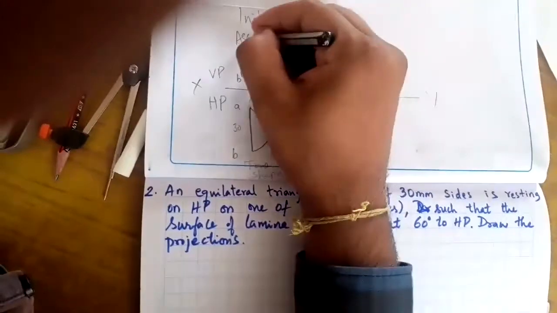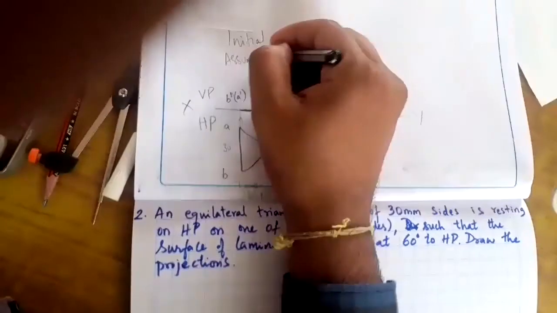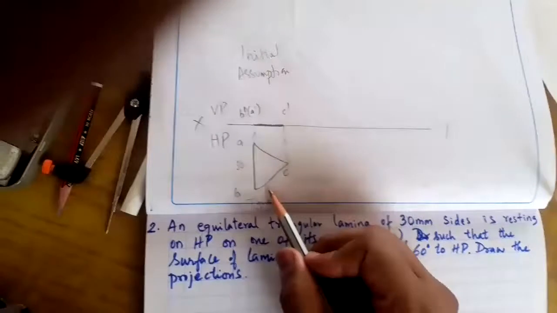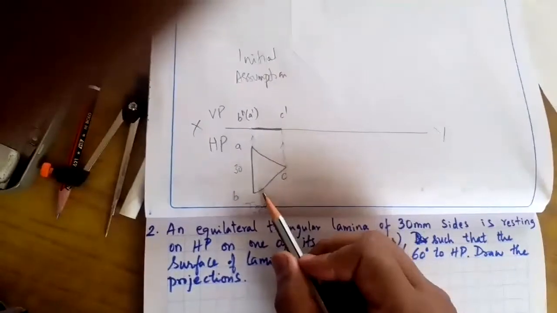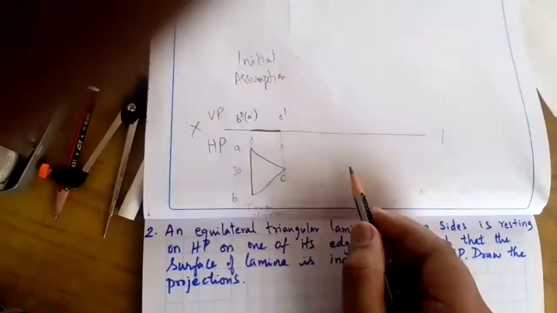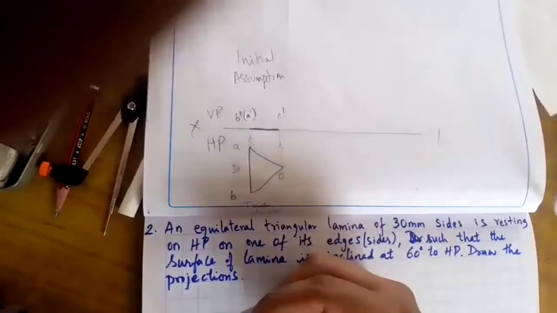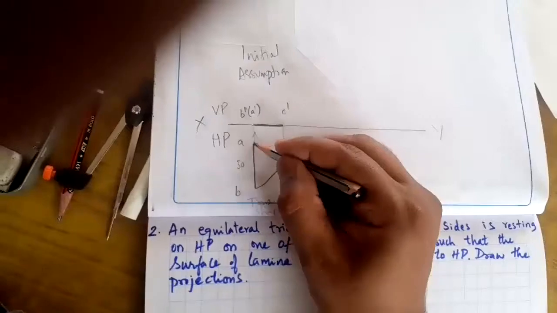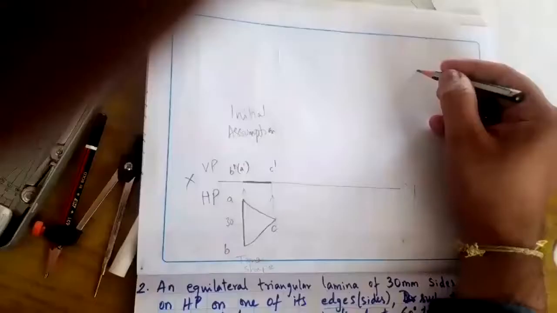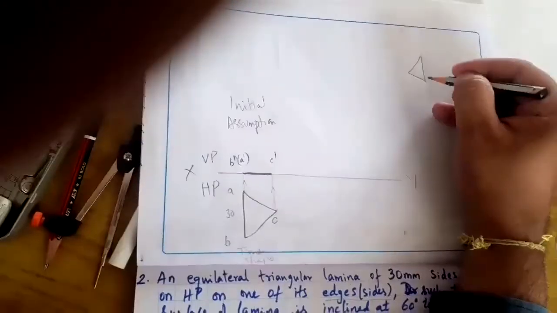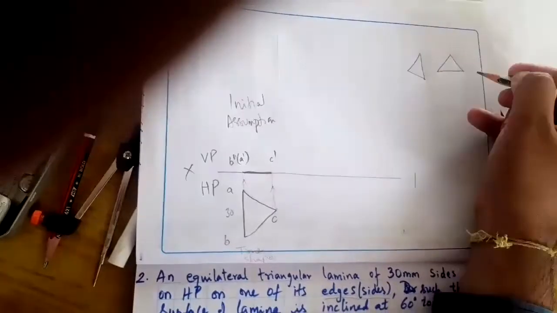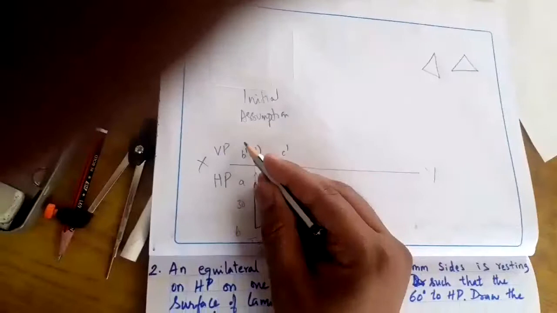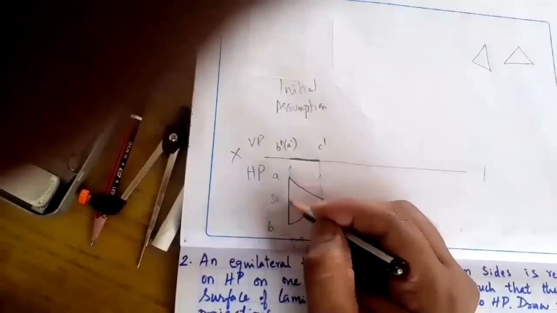This is my initial assumption, making the plane surface parallel to HP so that I can draw its true shape. Directly I cannot draw this apparent shape. As it is resting on an edge, I have kept this edge on the left hand side. The triangle could be constructed like this also or like this also, right? On HP, on the left hand side, I need to get here two names in the vertical plane. That is why I am constructing in such a way that the side is on my left.